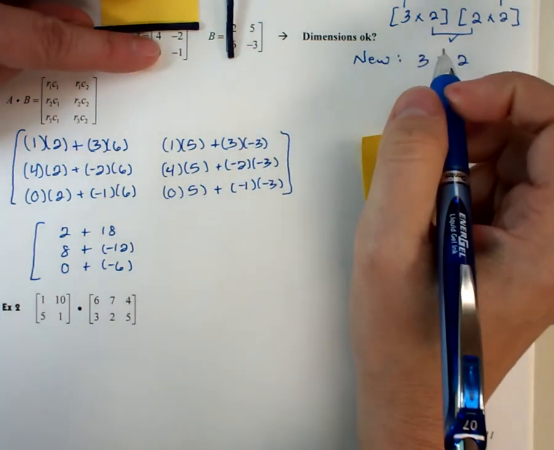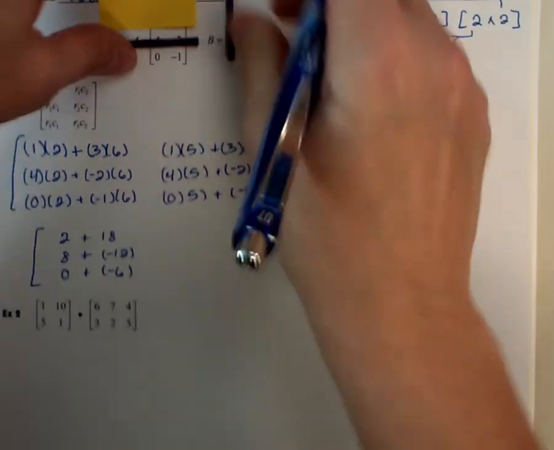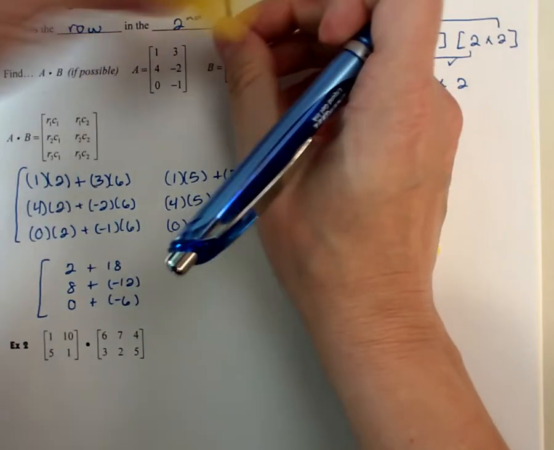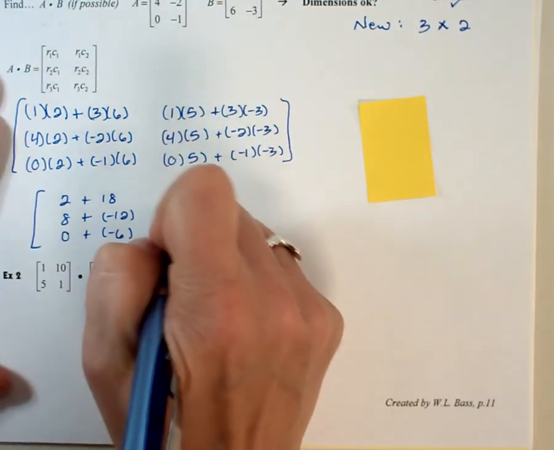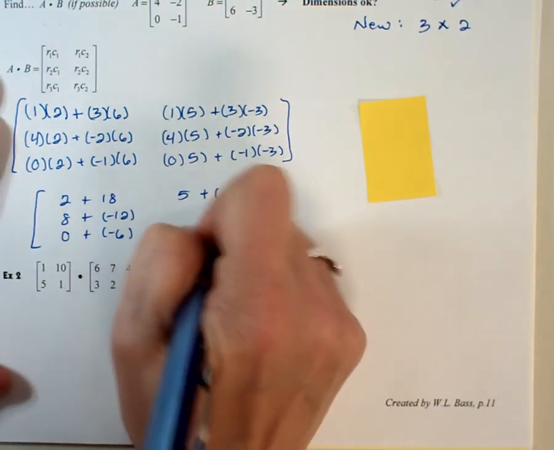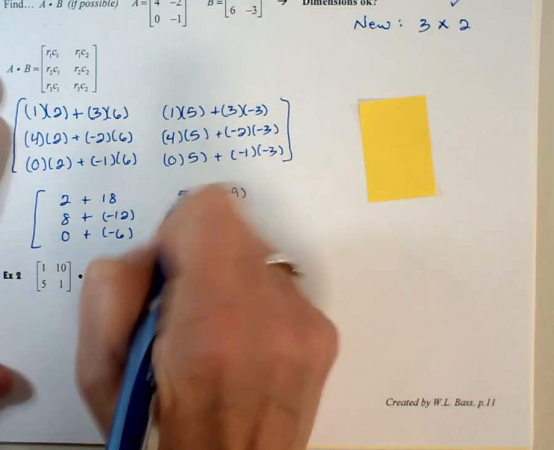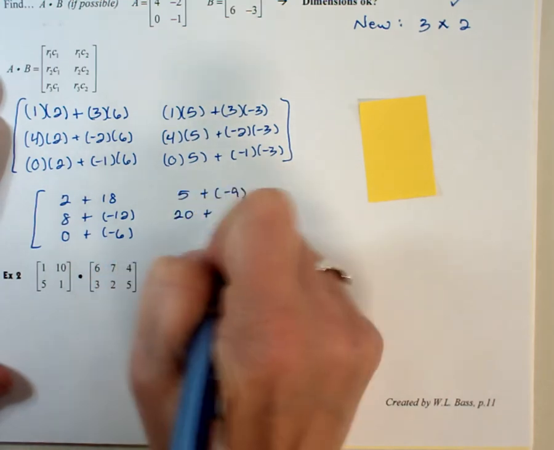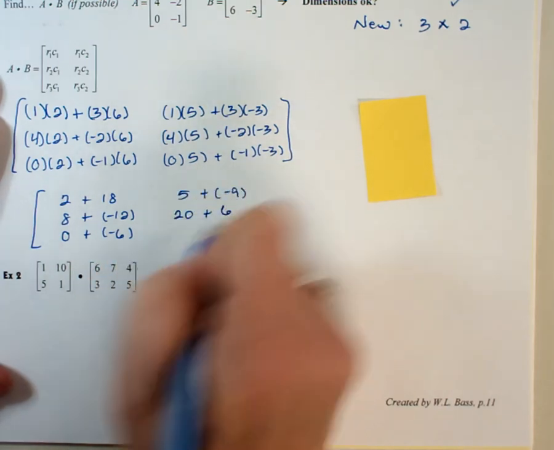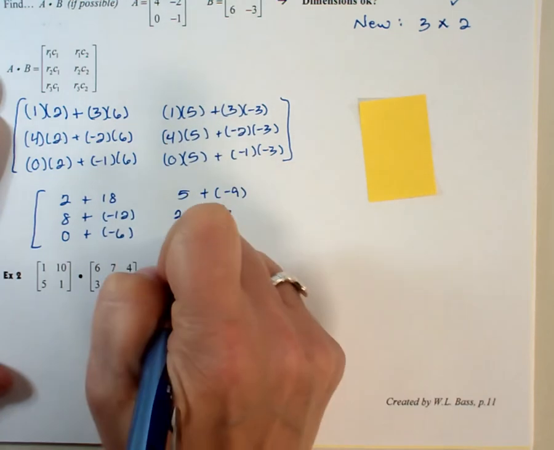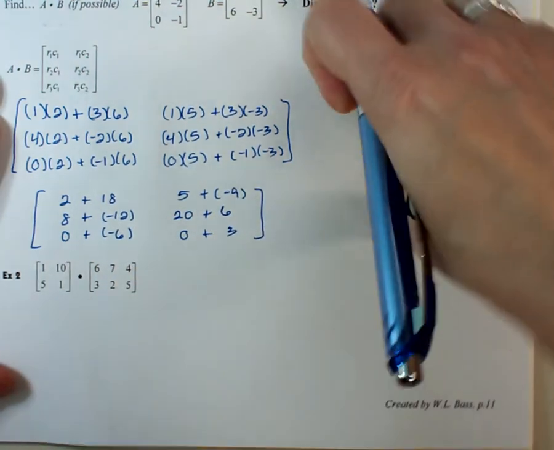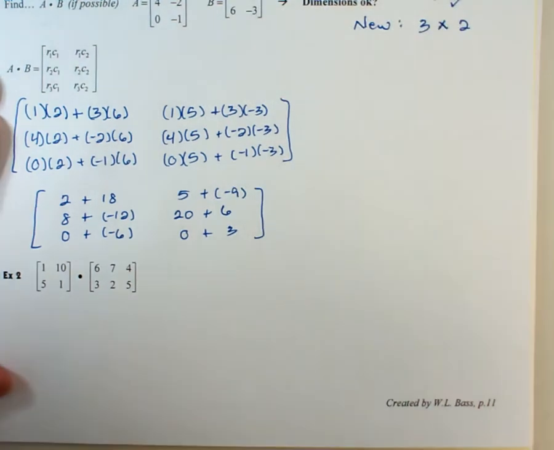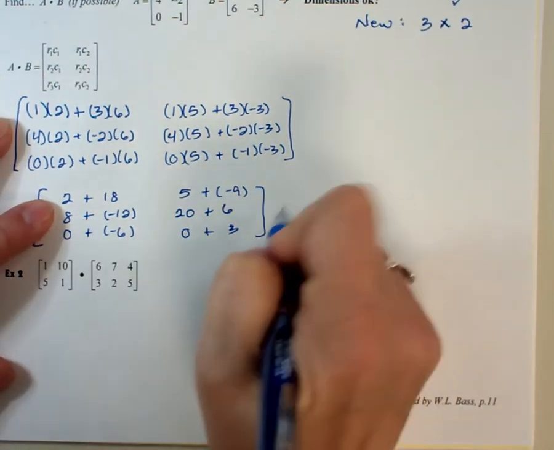Each time noticing that I'm just covering up the parts that I don't need. Rows times columns, rows times columns. So now I'm going to clean this up. This gives me a 5 plus a negative 9. This gives me a 20 plus a 6. This gives me a 0 plus a 3. And then we're almost done. So that my final answer,